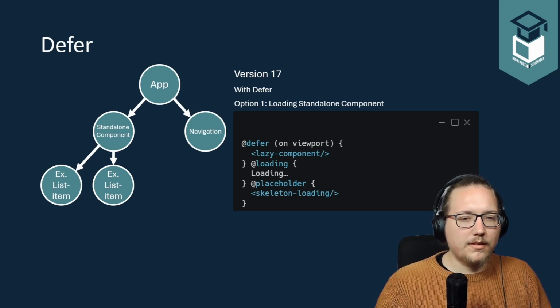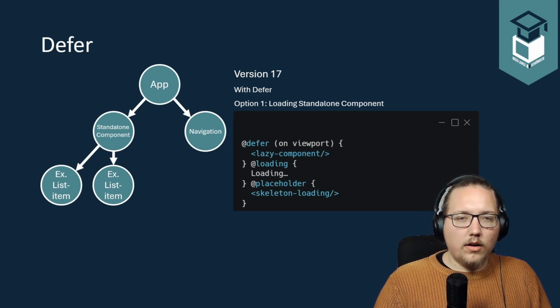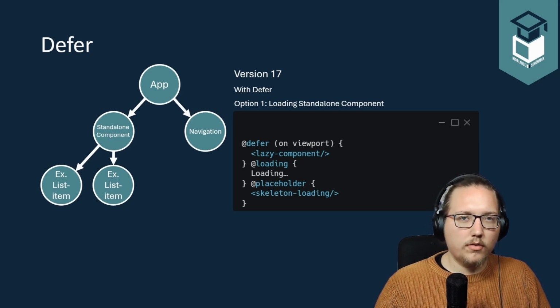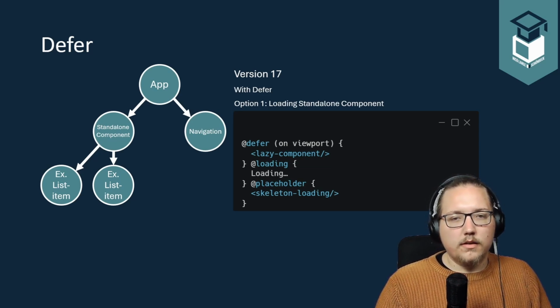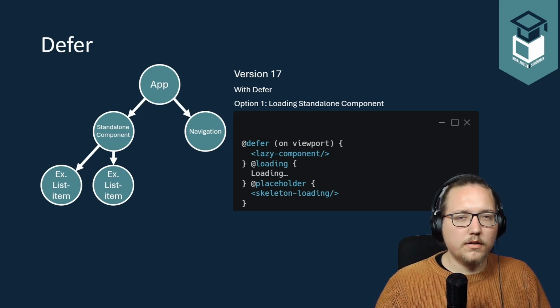We have some other stuff like @loading, @placeholder, and all of them are part of that new defer. The only thing you have to check is that you're not importing that component already in a module, for example. With the new way in Angular 17, you don't really have that many modules, but for example, if you want to use that defer in a